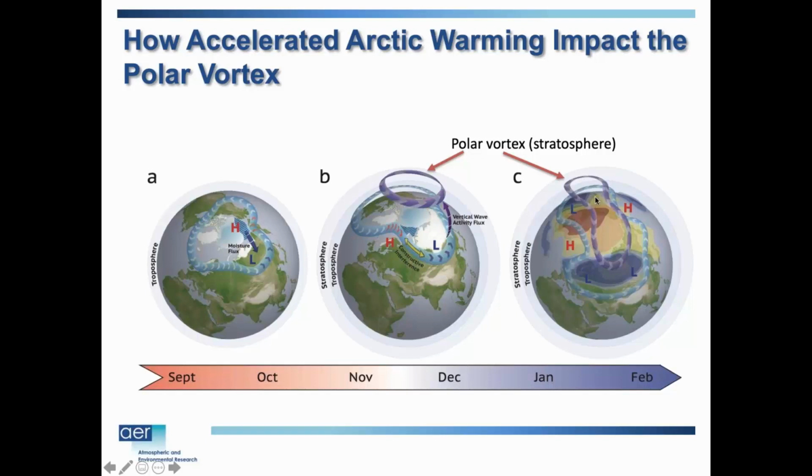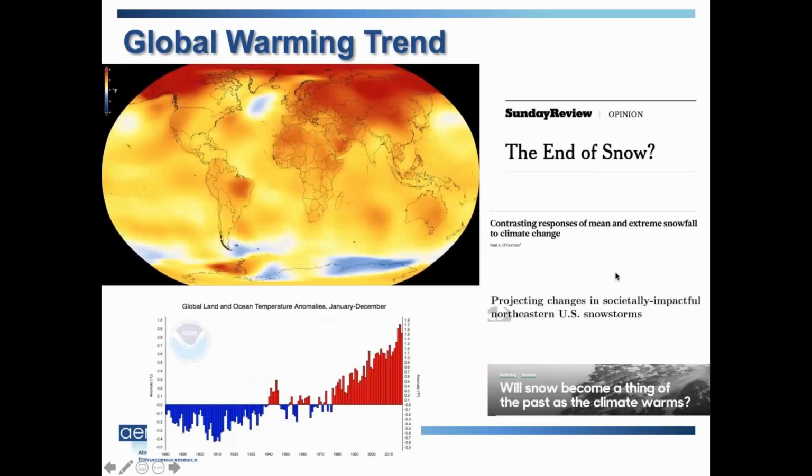You can see here I show the polar vortex stretching and maybe trying to split. And the jet stream does a similar thing in the troposphere, where you have this high pressure and ridging over the Arctic and troughing and cold temperatures over the mid-latitudes, both over Eurasia and North America. But for these, as I'm about to show, we really focus on Eurasia.